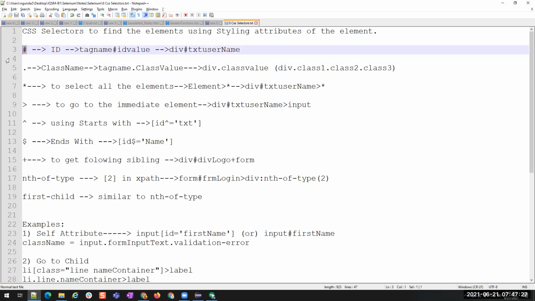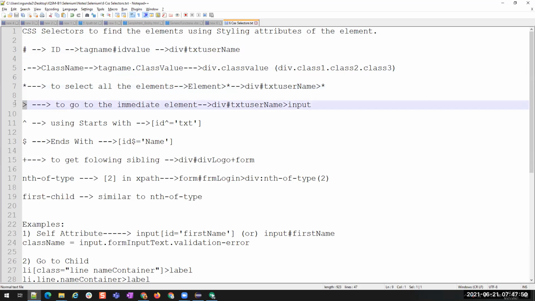So we have seen this ID, and then we have seen this dot if you want to go to an element using its class name. And then if you want to select all the elements, this is a regular expression, star, the same we used in XPath as well. If you want to find all the elements, then we use this star.